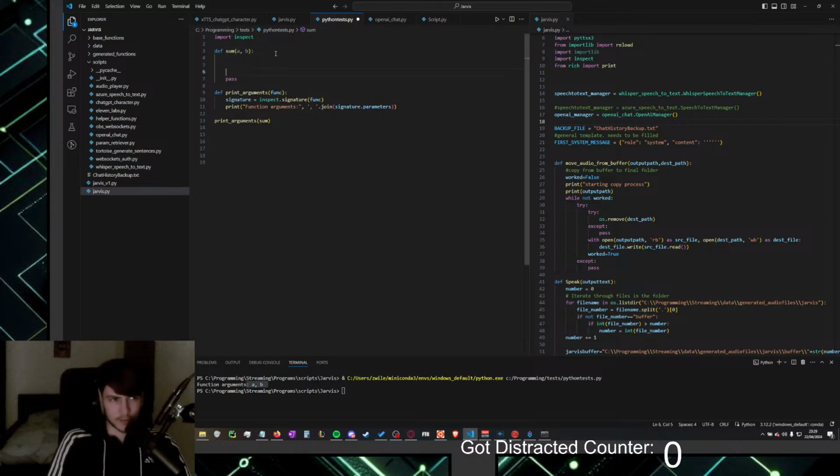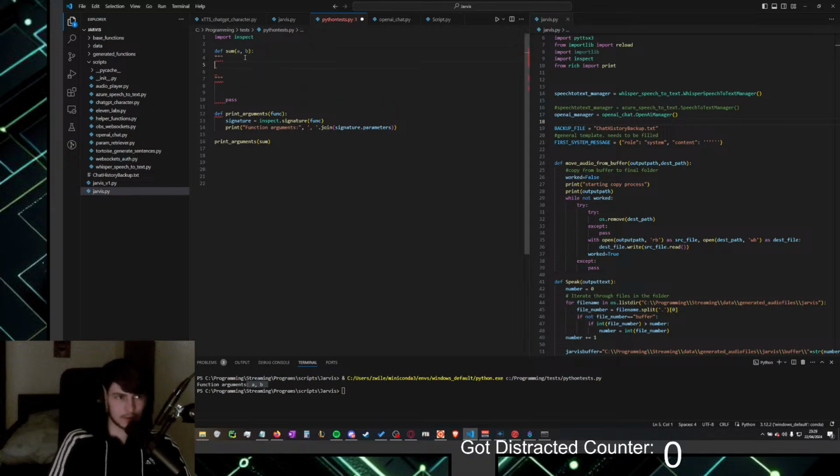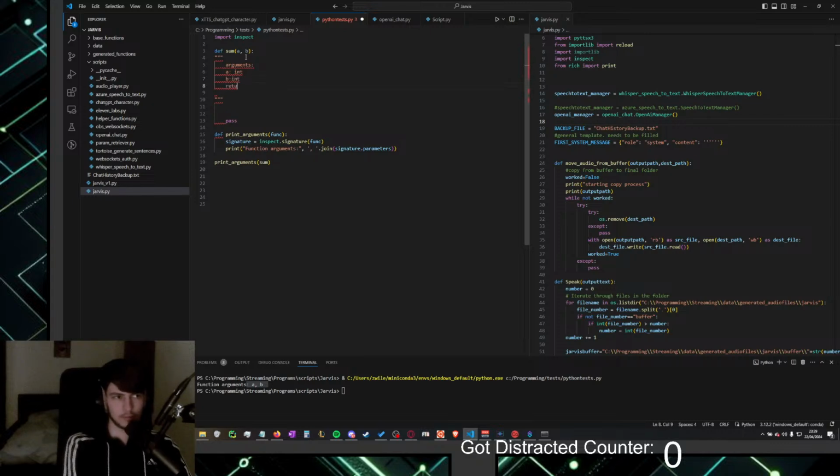Of course, it would be ideal if it did like this, which a lot of programmers do, and say arguments a int, b int, return int, something like that. That would be great.